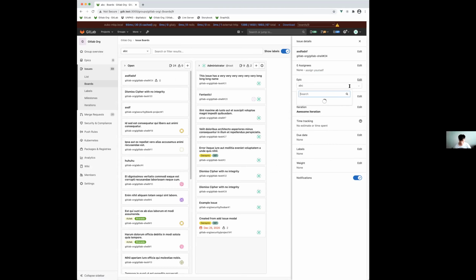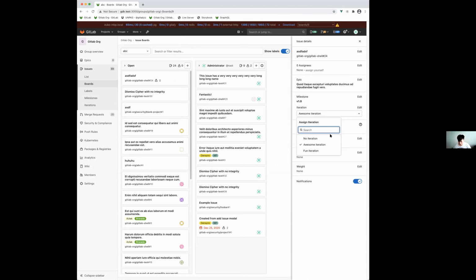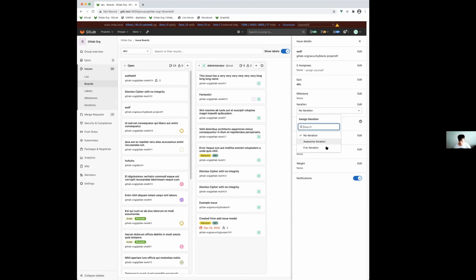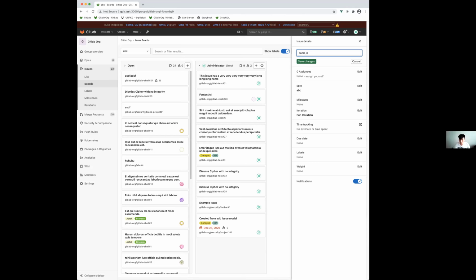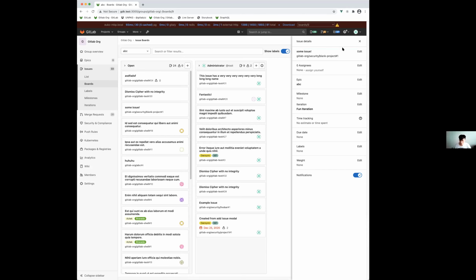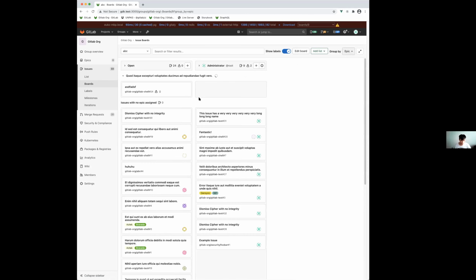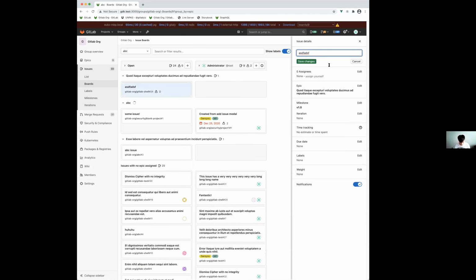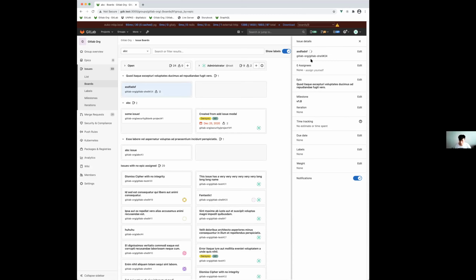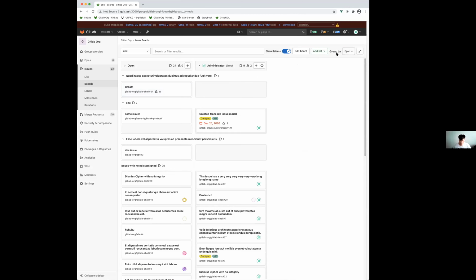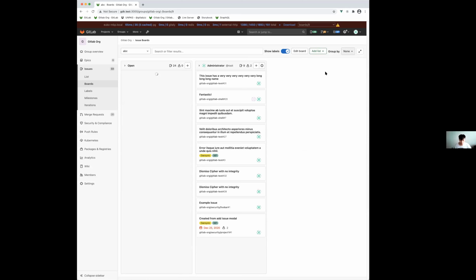You can change your epics, and iteration, from one iteration to no iteration, and you can also change the name of the issue. It works in epic swim lanes as before. It's behind the feature flag now, GraphQL board lists. Any questions?